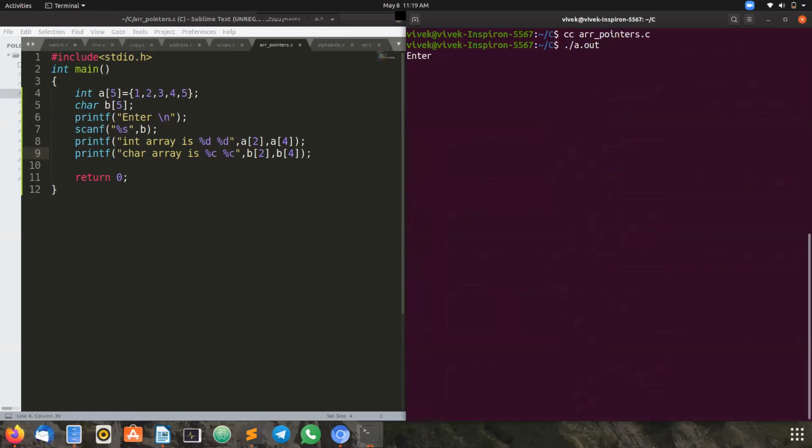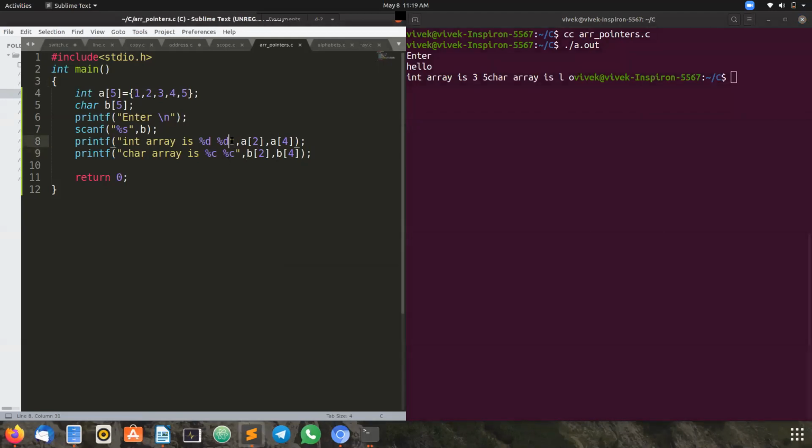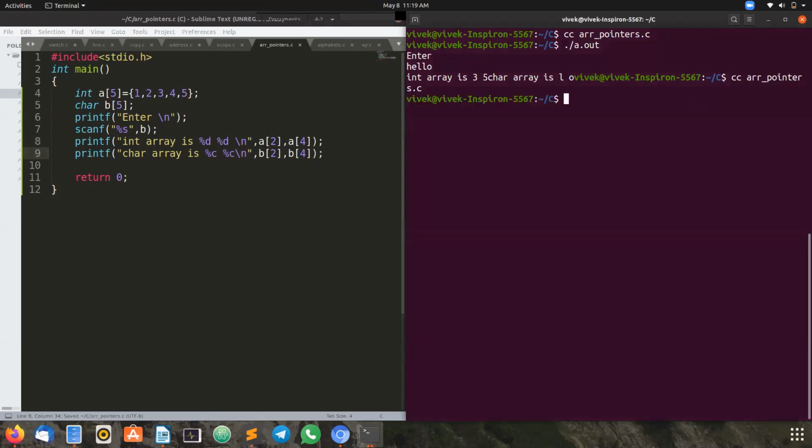The integer array already has static values. It is asking me to enter a string. I'm going to enter a simple one. If we put slash n, then we can get the output very clearly. Now you can see the output.